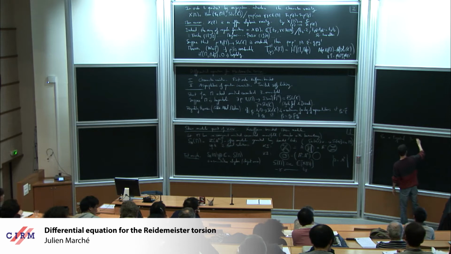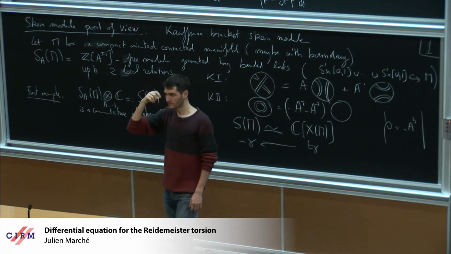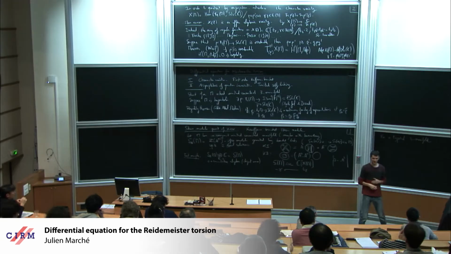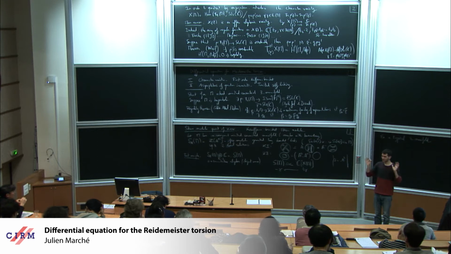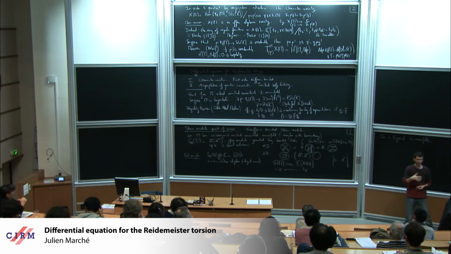For a typical three manifold, I should have said before, a typical three manifold is hyperbolic, so there is a representation in SL2C which is rigid. I do not have a proof of it, but if you take a generic three manifold, we have a finite number of representations. All of them are rigid. So that's a kind of guess.